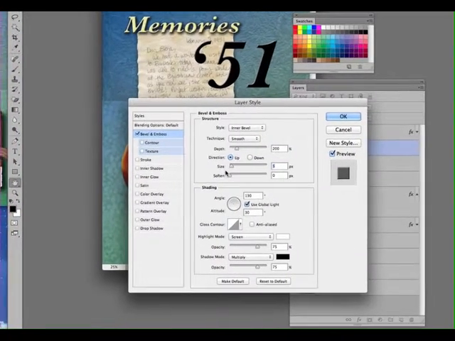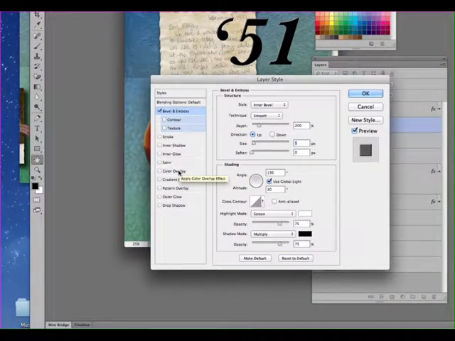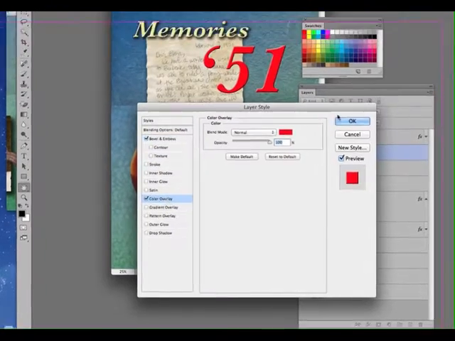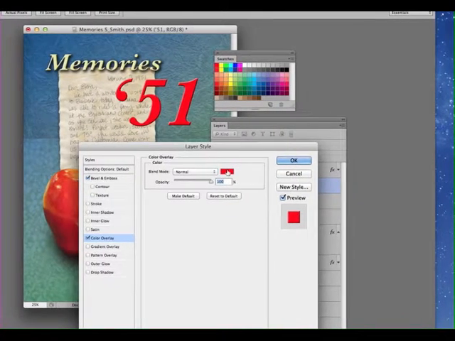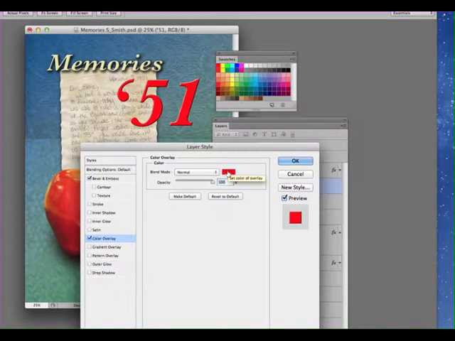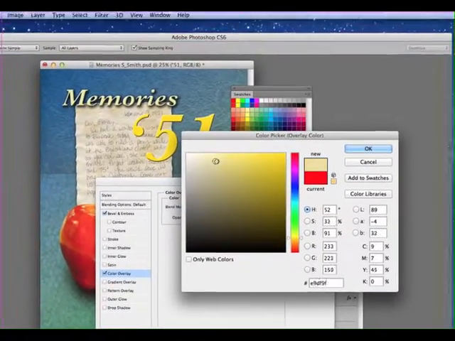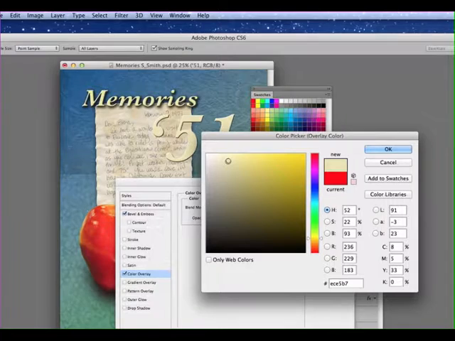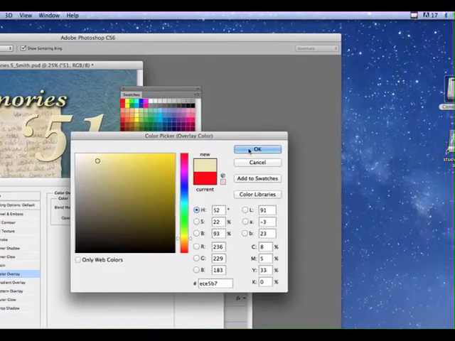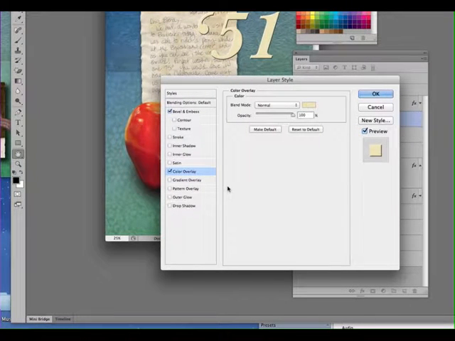We are next going to go ahead and click on Color Overlay again, like we did before. We don't want red. Red doesn't quite go. Well, it kind of does, but let's go with yellow. You're going to click on this clip and again choose a yellow. I mean, it can be the same. It can be a little different. Like I like to say, it's not brain surgery, it's Photoshop. Say OK. Now one last thing we need to do is one of my favorite effects, which is a drop